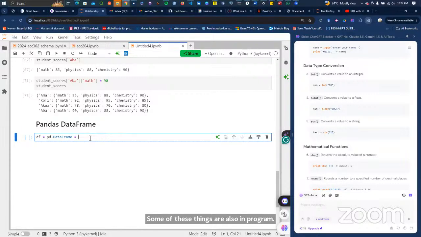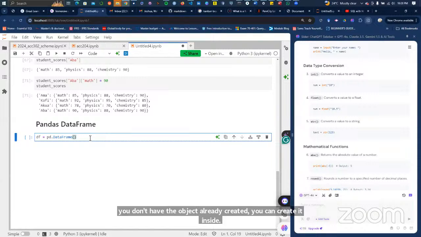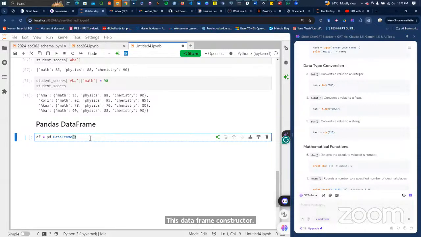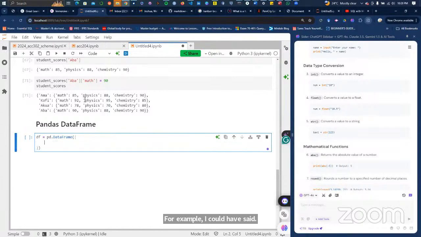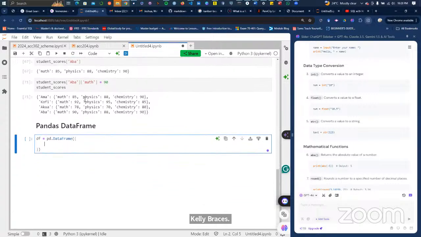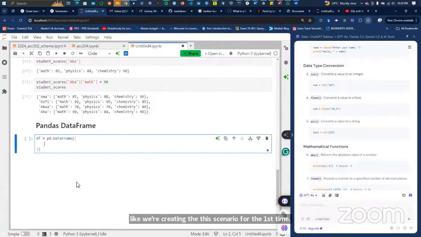So pd.DataFrame is a function. So open, closing parentheses. Then you can pass the dictionary objects. If you don't have the dictionary object already created, you can create it inside this data frame constructor. For example, I could have said curly braces, just like we were creating the dictionary for the first time. So now I am going to create the dictionary inside the data frame straight away.